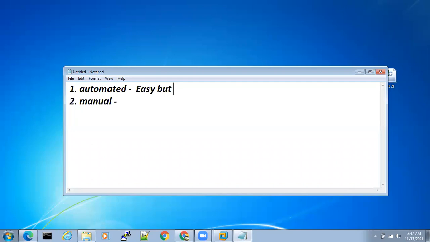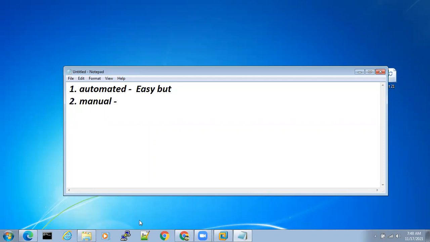But you people are learning Oracle database administration for the first time, yes or no? Do you know how to create a database without me explaining? No, sir. So you are laymen to Oracle database administration. You don't know how to create a database. So it's my responsibility to make you understand how to create a database and why we are creating a database. Yes or no? Yes, sir. So I'll tell you these two methods. You only pick which method I have to tell.